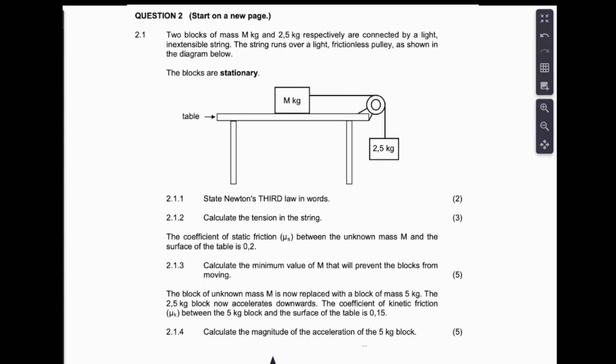2.1.2, calculate the tension in the string. If we use what we just learned from Newton, we know that the frictional force is equal to the tension in the string. Hence, the whole system is stationary. Now, the tension in the string is held up by the weight of the 2.5